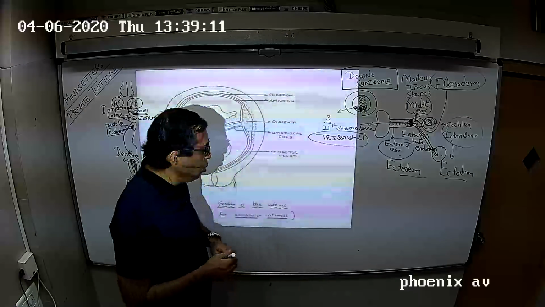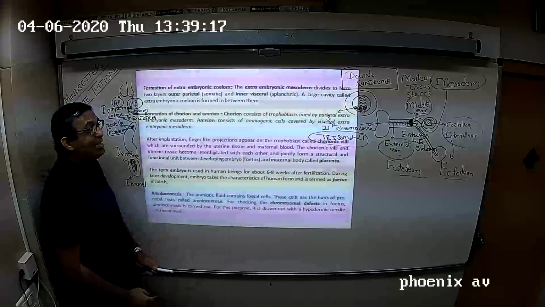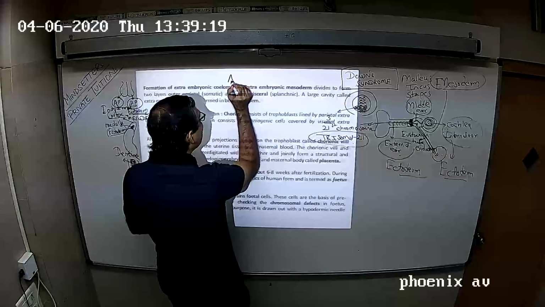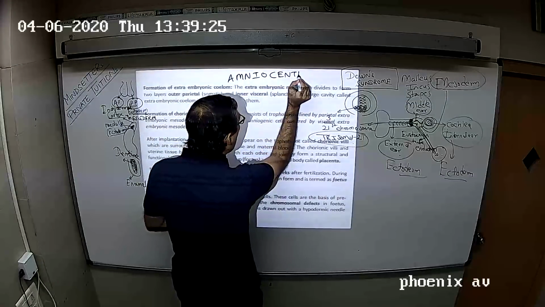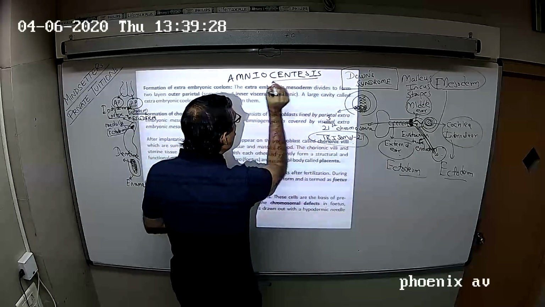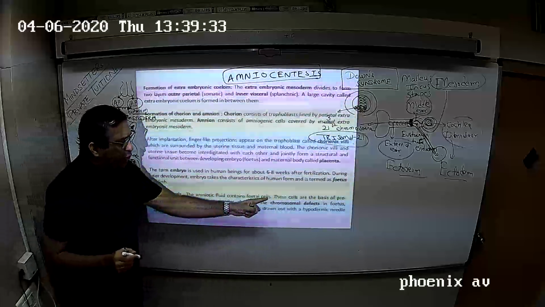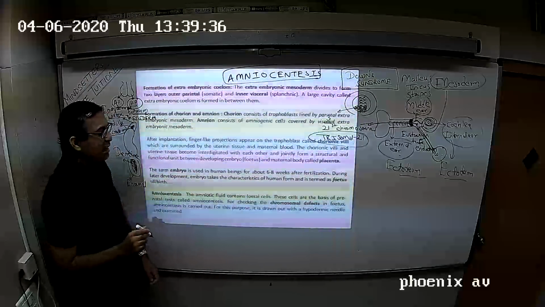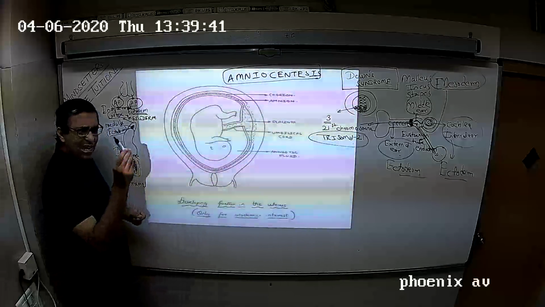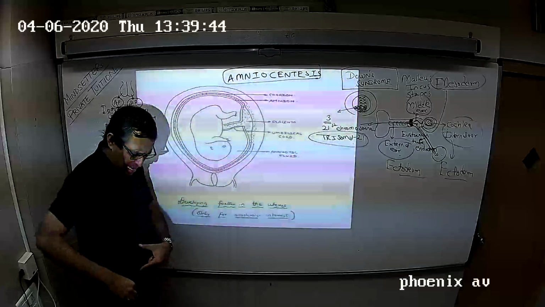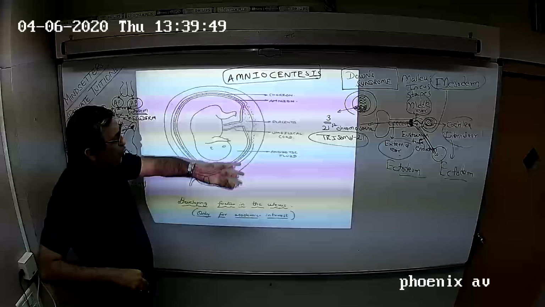We will make her lie down and we will do a technique called amniocentesis. What is the technique called? Amniocentesis. नाम से मालूम पड़ रहा है, amniocentesis के अंदर we will check amniotic fluid containing fetal cells. Sir, हम लोग करेंगे क्या? We'll make the lady lie down and we will take an ultra thin needle and put the needle inside her abdomen. So she's got a swollen abdomen.